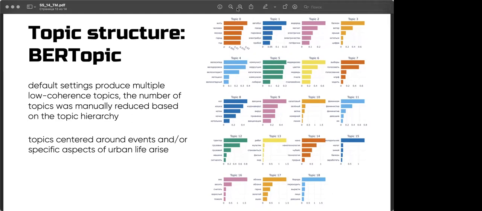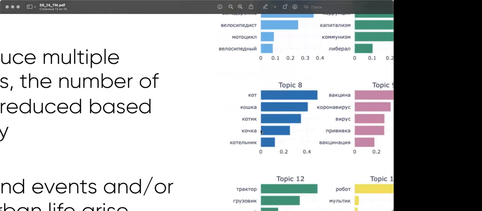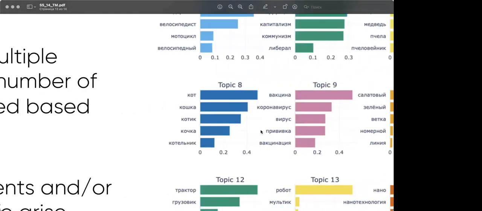Let's look at topic number 8. Not all of those words are related semantically. Top 3 are cat, female cat, and a more